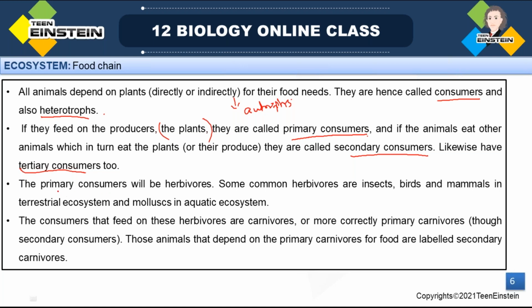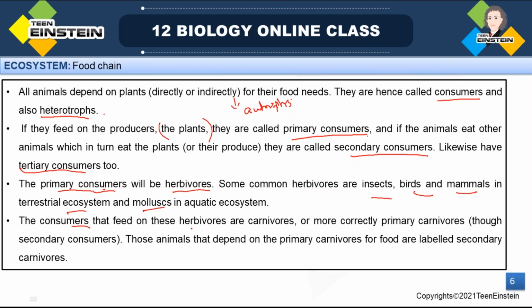Here, you may get confused on this point: primary consumers will be herbivores. It will be a herbivore. Okay, like insects, birds, mammals, these are the examples. And in the aquatic ecosystem, mollusks are the primary consumers. Insects, birds, mammals and so on in the terrestrial ecosystem are examples of primary consumers. Then